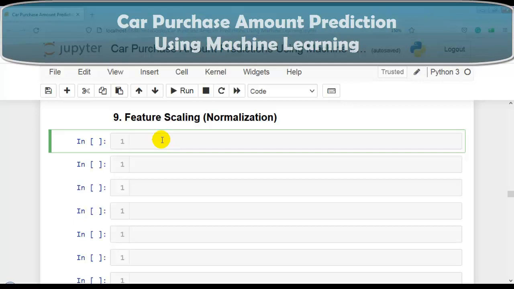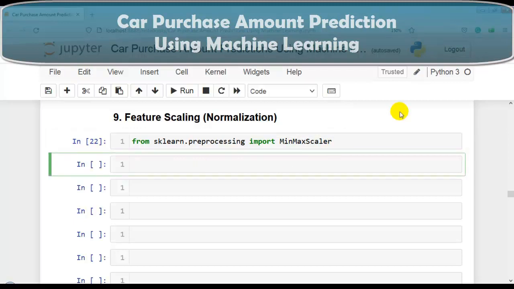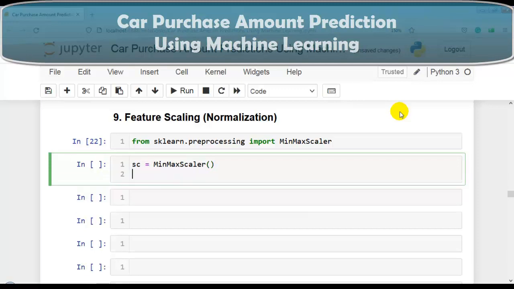So for that, let me import from sklearn.preprocessing. We have to import MinMaxScaler. Let me execute this cell. As you can see over here, now our MinMaxScaler module is successfully imported. So now let's use this MinMaxScaler to perform normalization. For that, let me create an instance of this MinMaxScaler. I am using sc. You can use any name. So now let me write